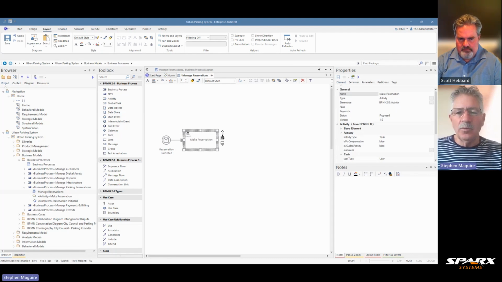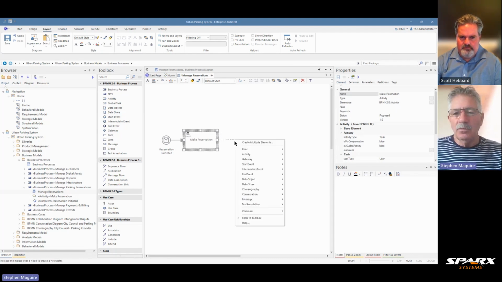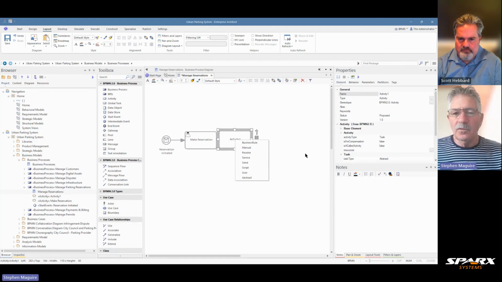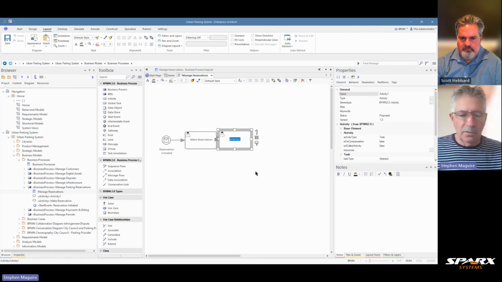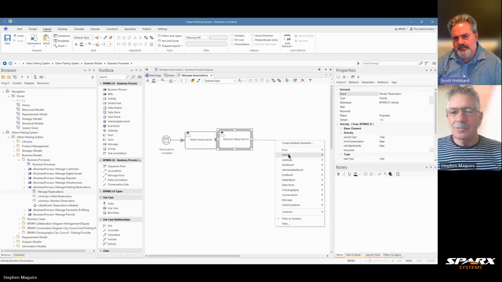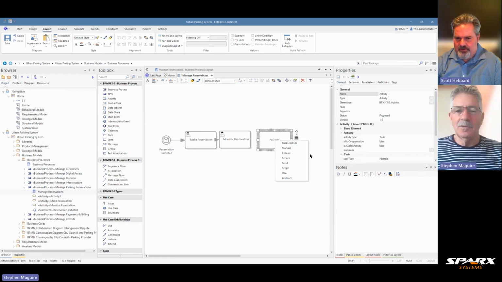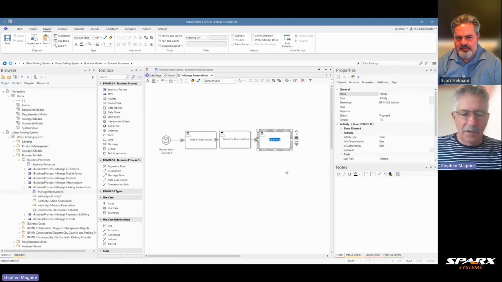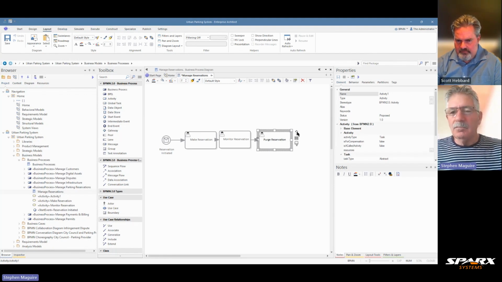The next thing we'll do is put another activity there, and we'll call it an activity, sequence flow 2, and again, we'll choose the user one and monitor reservations. So he's doing a lot of the hard work behind the scenes, isn't it? Because it's giving you the options and specifying it all for you. Yeah, absolutely. It's really a great tool for productivity gains, because I've done this diagram in a very short period